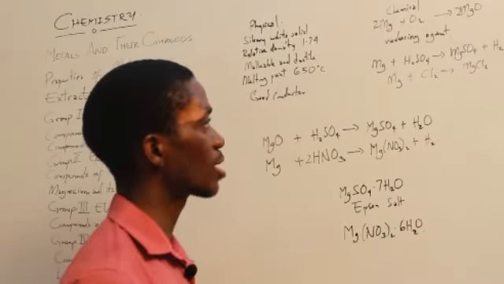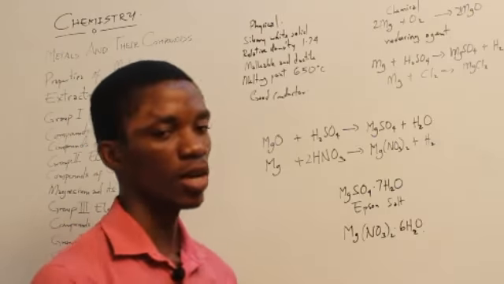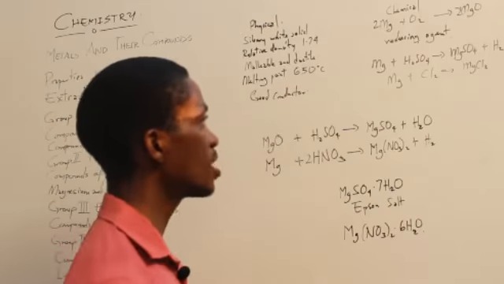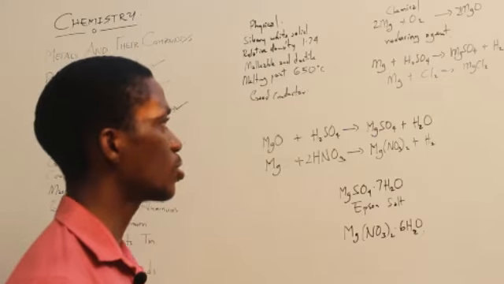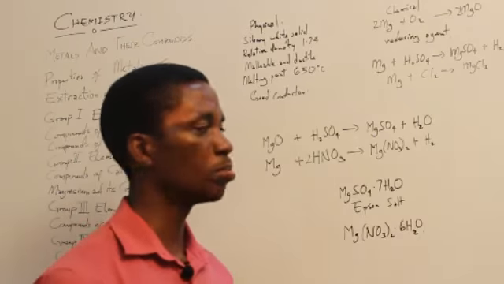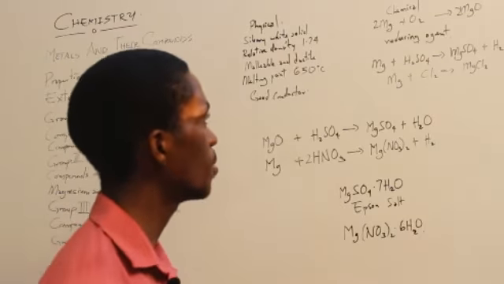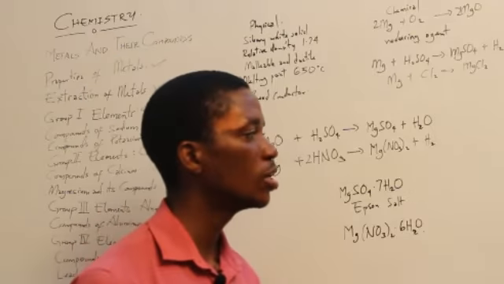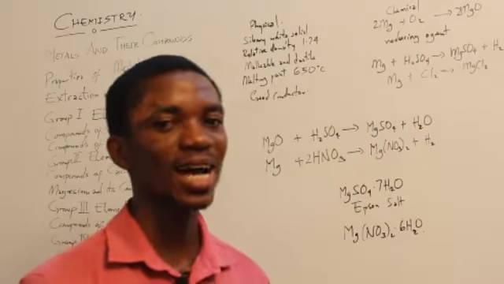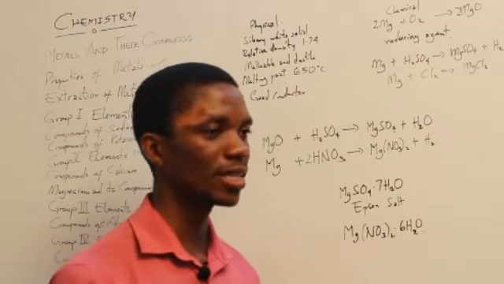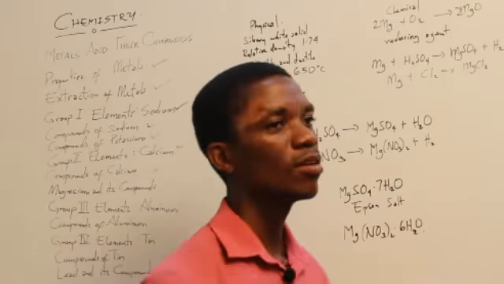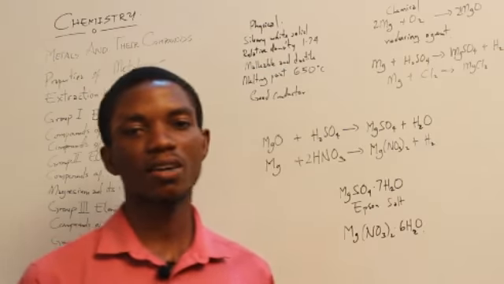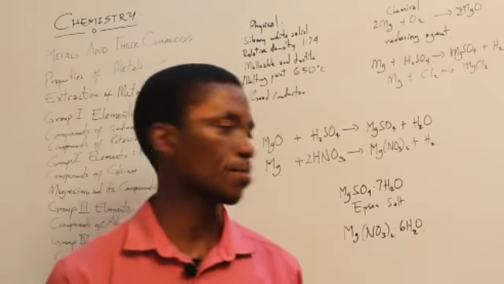It reacts with tetraoxosulfate 6 acid or any other acid for that matter to displace hydrogen as other metals do, and it does react directly with non-metals. What are the benefits or uses of magnesium? They are used for preparing light alloys. They are used as antioxidants, and they are used in making fireworks, firecrackers, and the likes of them.